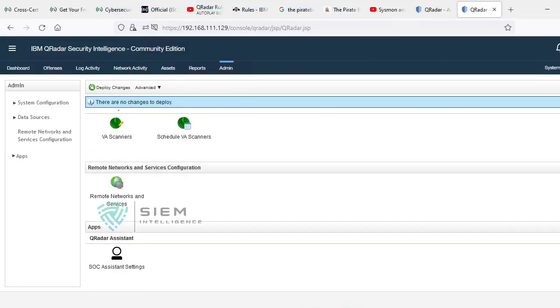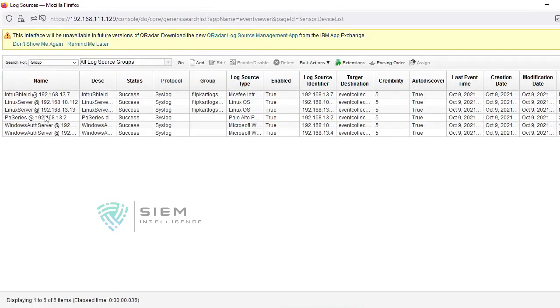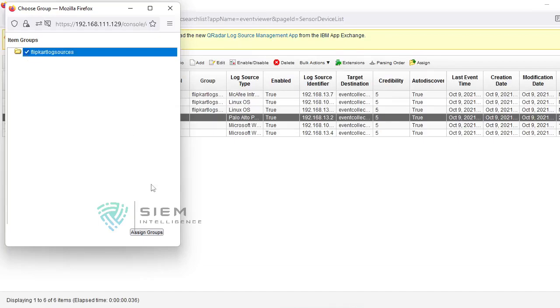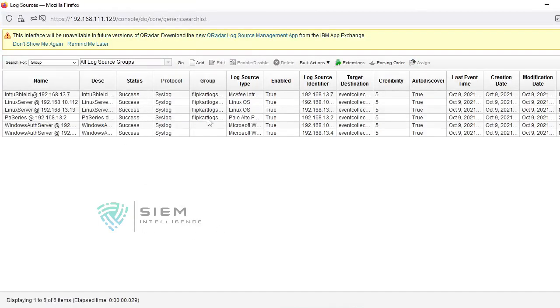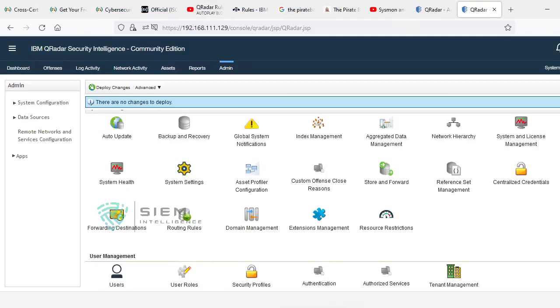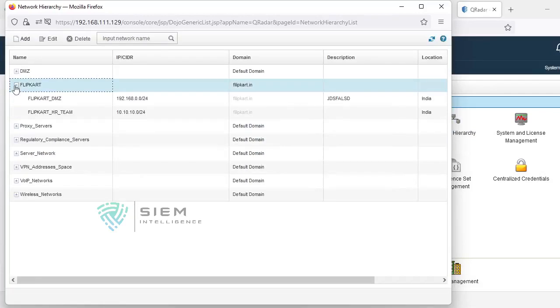Now I'm adding one more log source here, and I want to assign the Flipkart user. So whatever the group is adding or removing, it will be automatically fetched by that particular group.